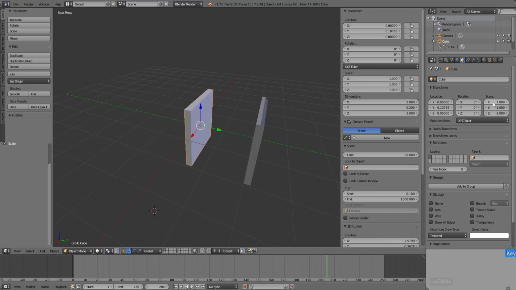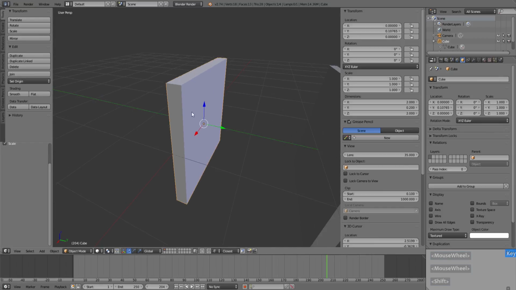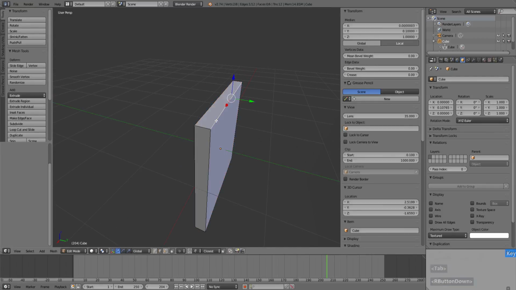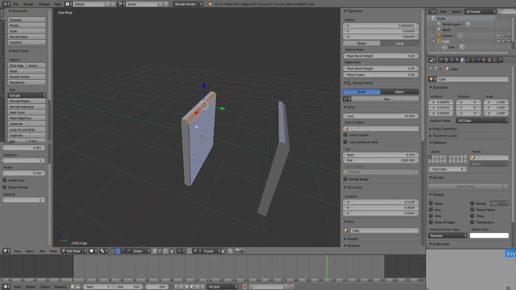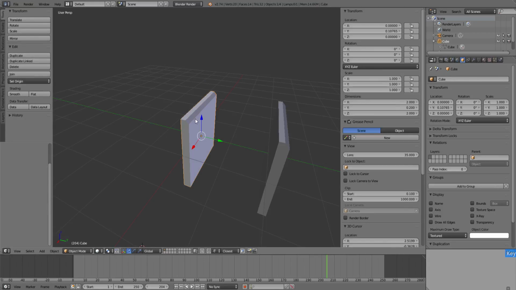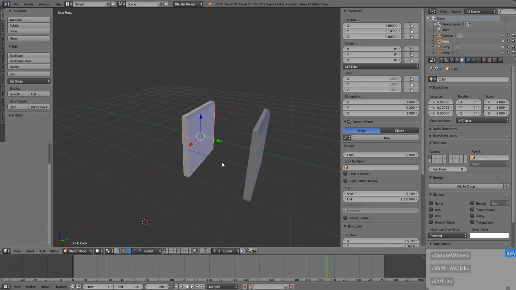And now you can see that it says X, Y and Z is now all 1 again, and that means if we tab into edit mode, select that edge and press Ctrl B to bevel it, you can see that it's now going to behave more intuitively, in the way that we might have expected it to behave. Simply put, when you want to start trying to model from an edit mesh level, make sure that our scaling reads as 1. So first I'm going to undo a few steps so that we have our cube